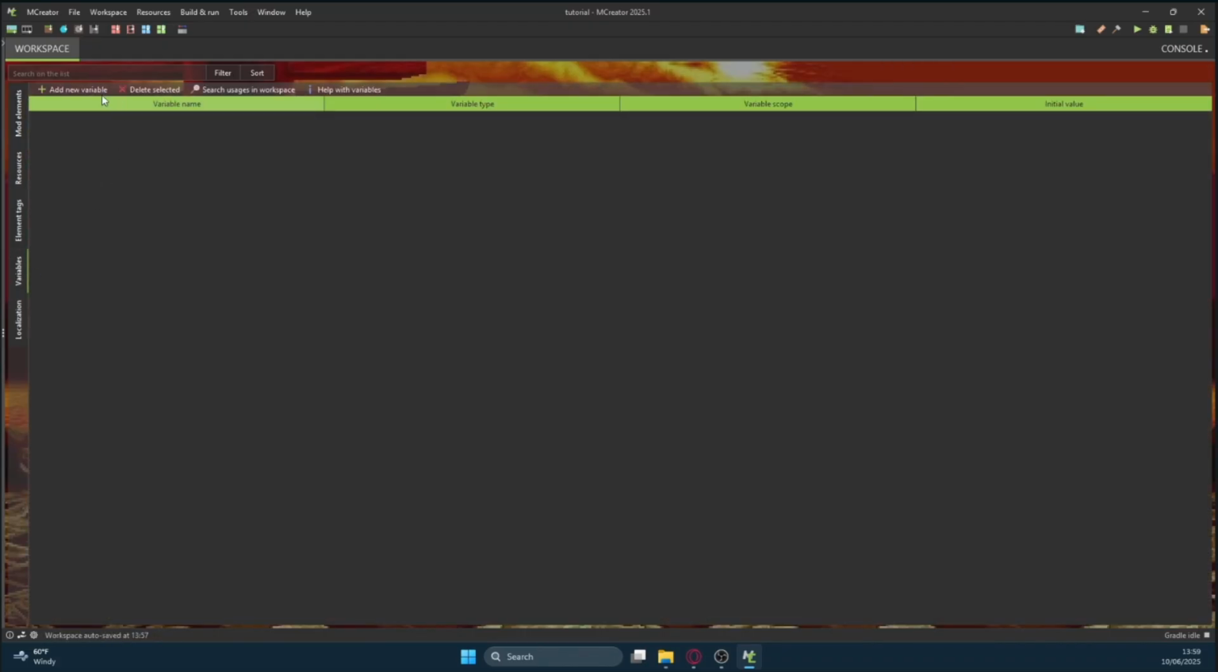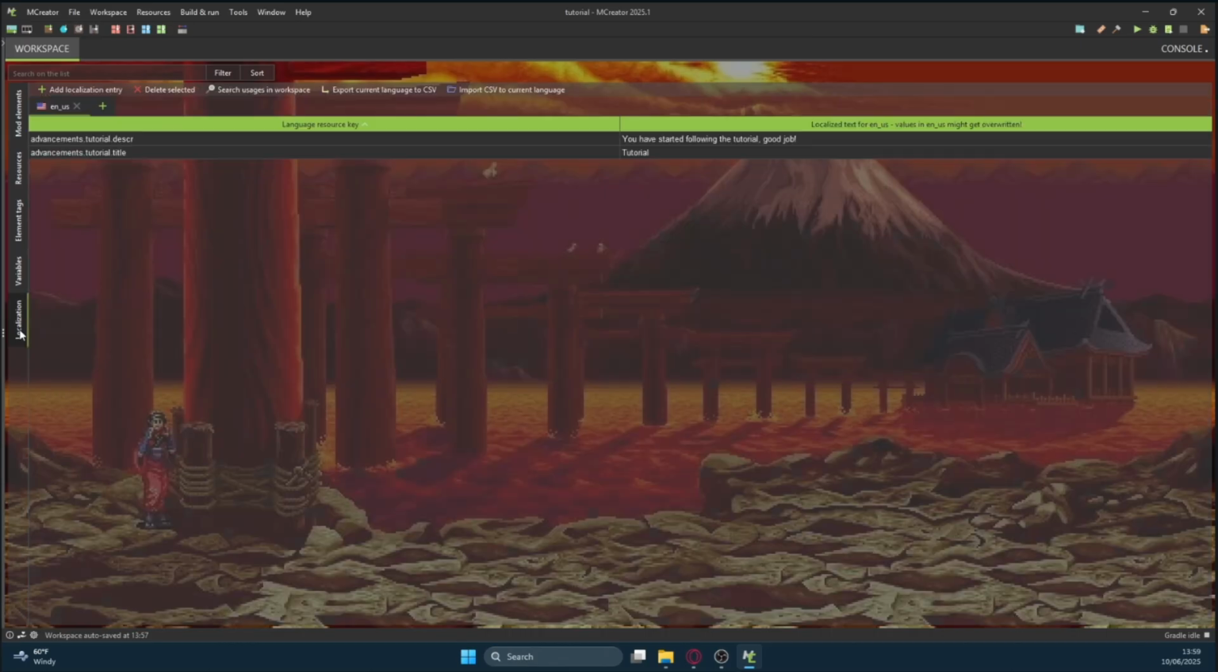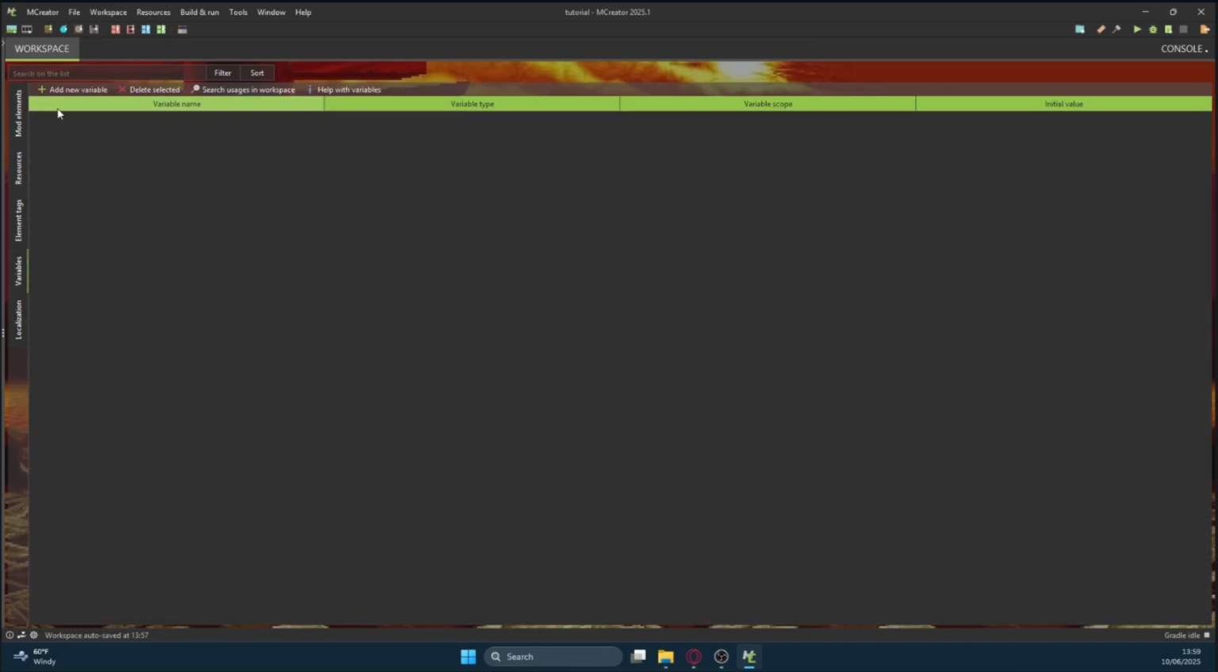Then you have the variables tab. We'll talk about element tags and localization in a future tutorial, but not needed for now. Variables are really handy in more advanced procedures, such as a countdown, a cooldown, an ability, all of the stuff. You can click add variable here. Variable name, let's name it